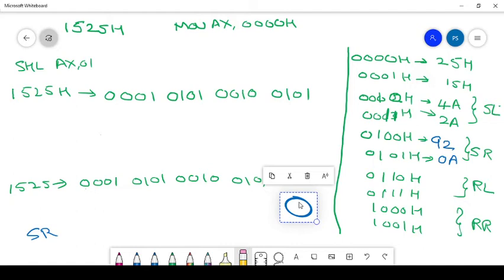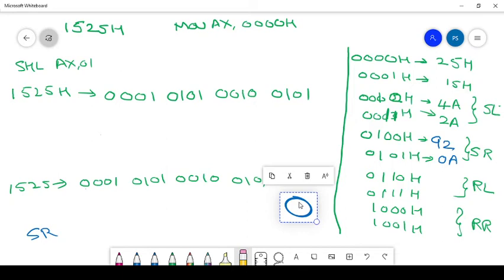That is 1, 0, 1, 0, 1, 0, 1, 0, 0, 1, 0, 1, 0, 1, 0, 0, and this MSB bit is rotated to the LSB.